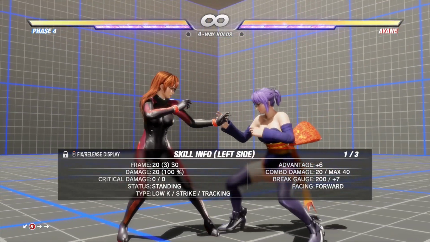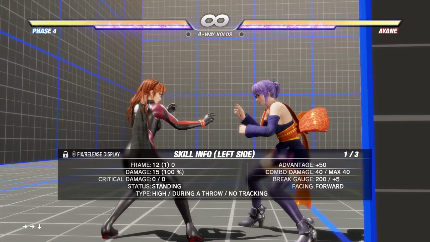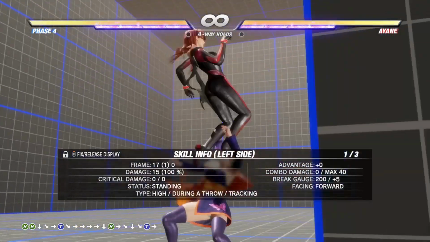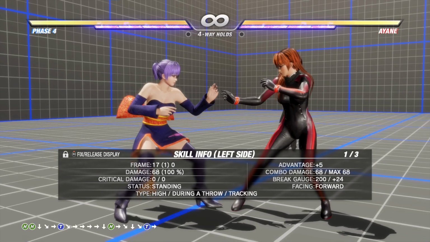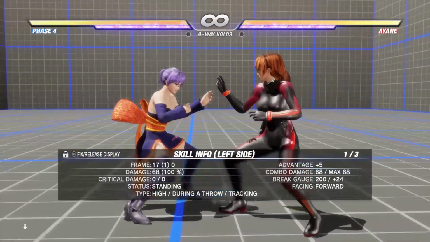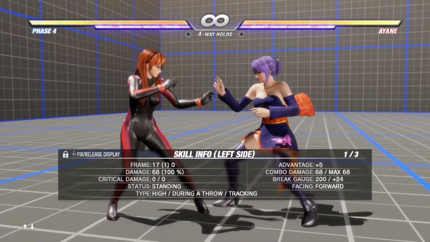And of course, let's see, what's another good tracking move? Launcher throw. I'll go over the throws a little later, but you could do some great damage off of that. People are just going to be afraid to block Phase 4 because of this throw. And of course, she still has Kasumi's... well, that's right, that's actually from Kasumi's DOA 4 Oboro throw, but look at that, she still gets 68 damage from a 17-frame throw. Only Kasumi and Phase 4 have this type of 3-3-T throw, so that's really cool. For other tracking moves you can do with Phase 4,